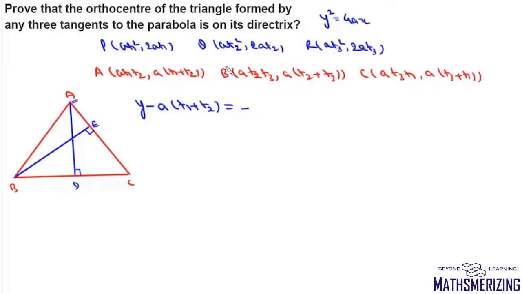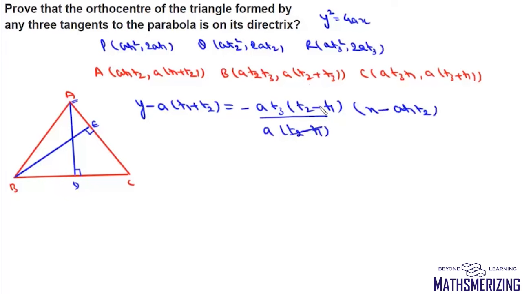So x2 minus x1 will be a t3 times (t2 minus t1), and here it will be a times (t2 minus t1), and then x minus